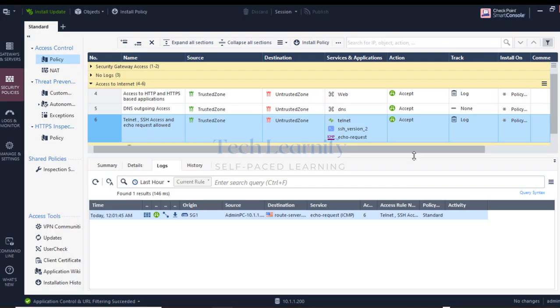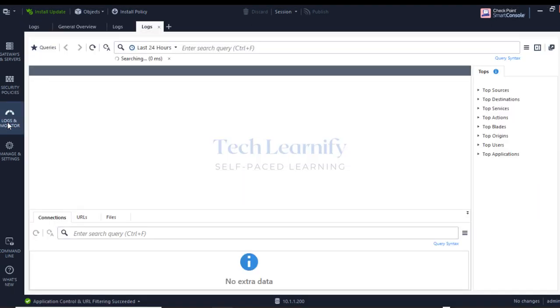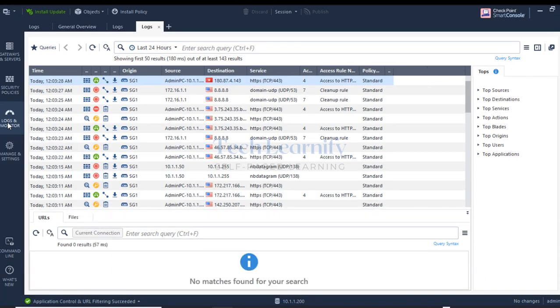I'm back to a SmartConsole, and if you look at the option here, logs and monitoring. So even if we want to do basic monitoring, I mean top source, top destination, services. So if you remember, in the logging and monitoring section, I showed you different ways of doing monitoring, and even on this page, on the right hand side you can see top sources, destination, top service, action, blade. But I want to